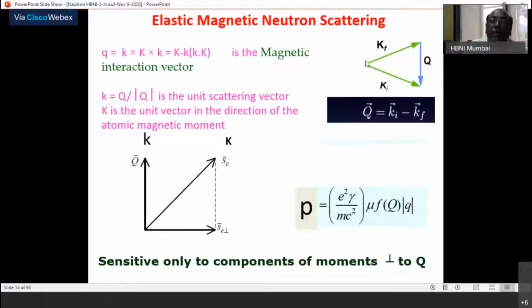So as if the sample is sitting here, the scatterer is sitting here. Now neutron is falling, so this is your incident ki, right? It is coming from the reactor core to the beam hole like this, okay? Due to the presence of the sample, due to the presence of the scatterer at this point, there is a change of this k vector, the momentum vector. So that is your kf. So it has changed the direction.